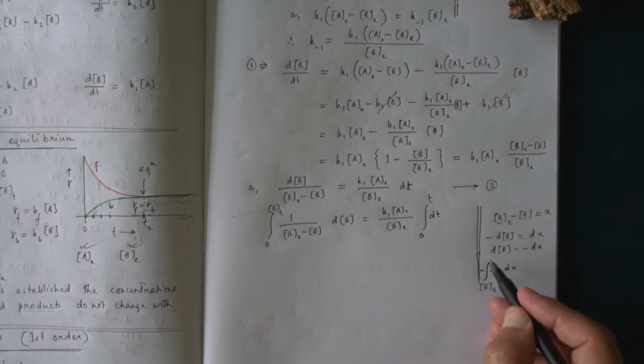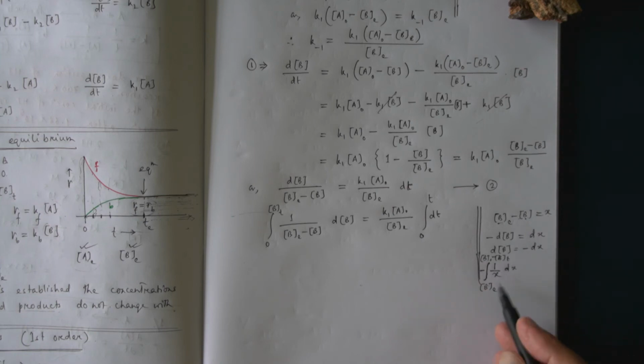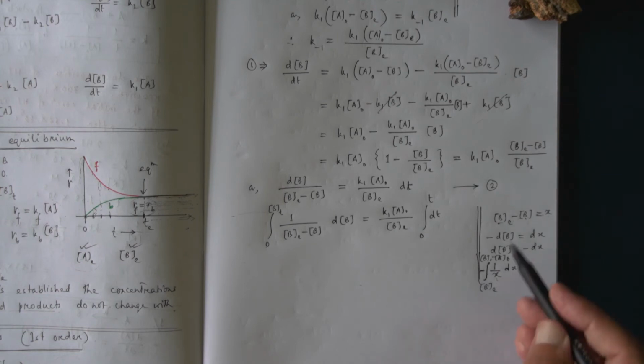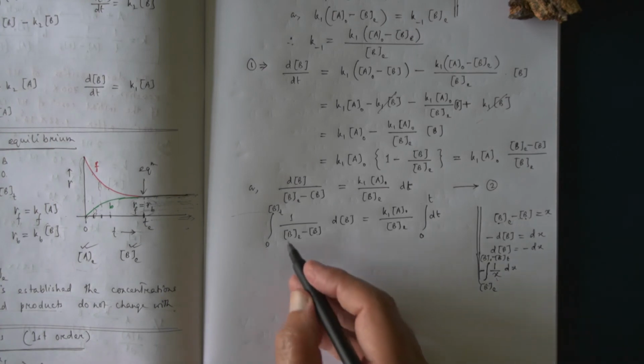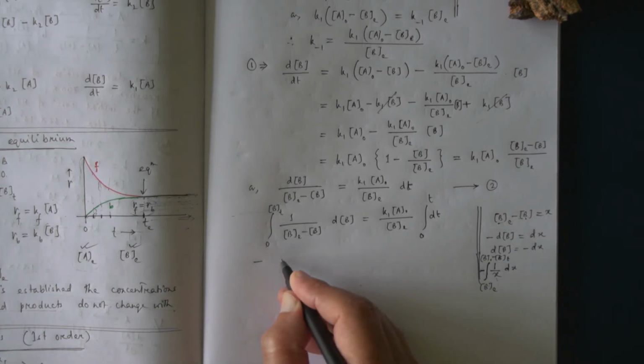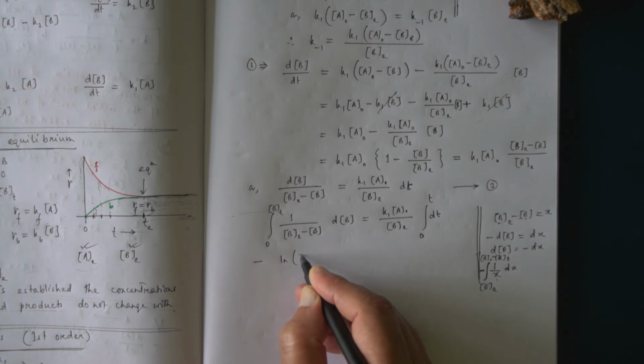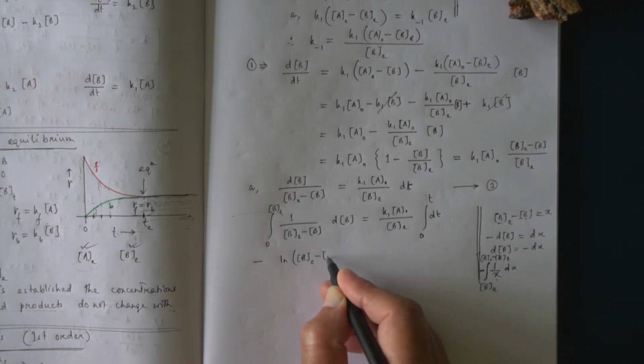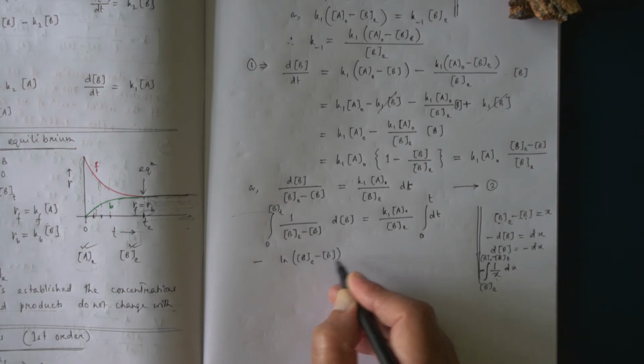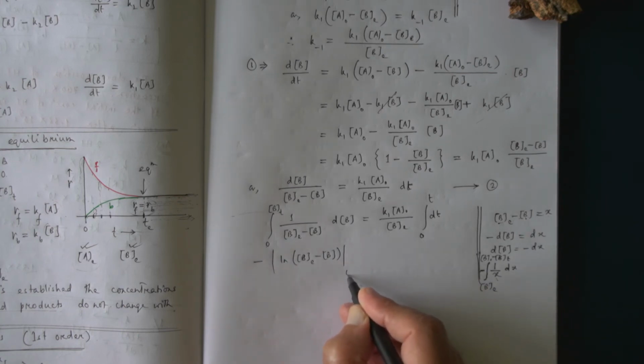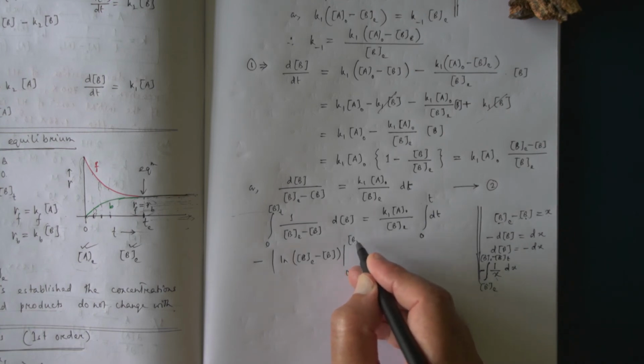So integration of 1 by x equal to ln x. We can directly write it like this: minus ln (be minus b), limit from 0 to bt,